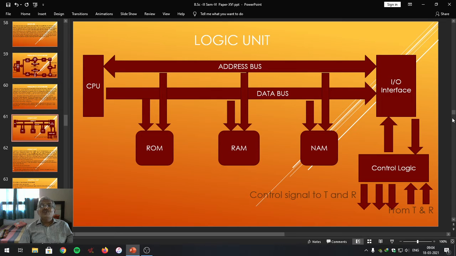Dear students, we are going to take another aspect, one more block of the cellular phone, and that is known as the logic unit. Logic unit is a master control unit because it is used to control almost all the logical steps which are involved to undergo entire operation of the cellular phone